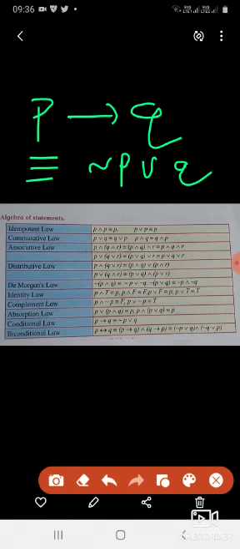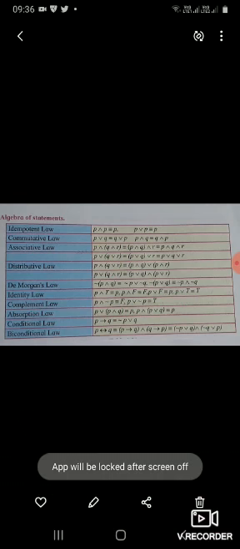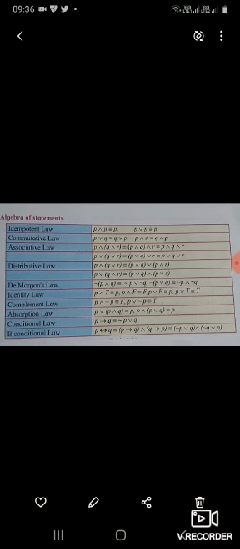Now biconditional law is also there. Now some examples we are going to see. Then listen, biconditional law I am going to use first. One sum, biconditional law I am going to use. So this is a table. Each and every sum you are going to use it. For example, here the first one.